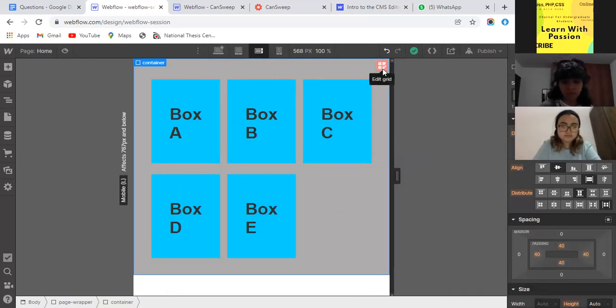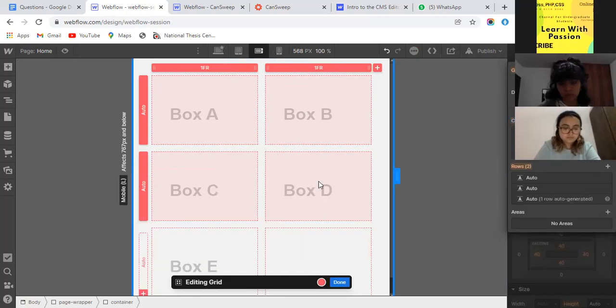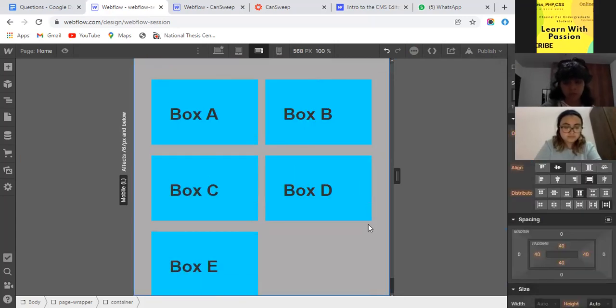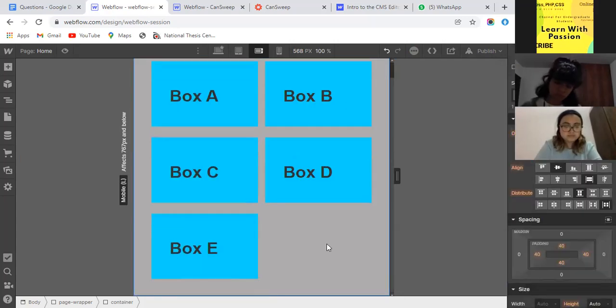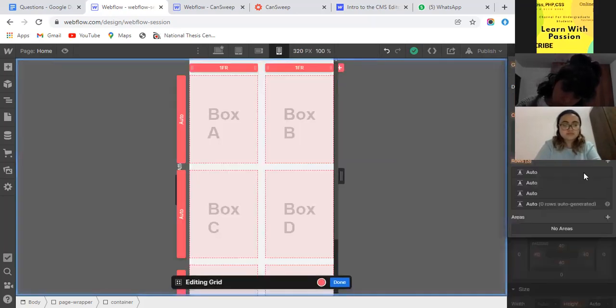What we can do, just click on its edit grid, and instead of three columns, let's use two columns and three rows. Now you can see it's looking much better. Similarly, for the mobile variant, it's disturbing our structure. Just click here.